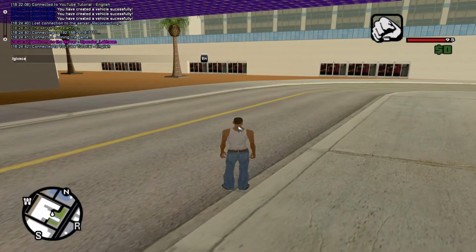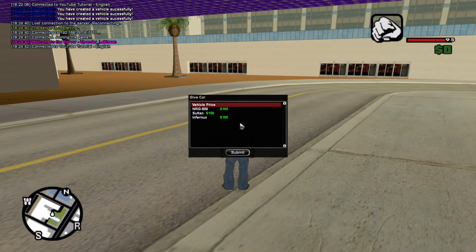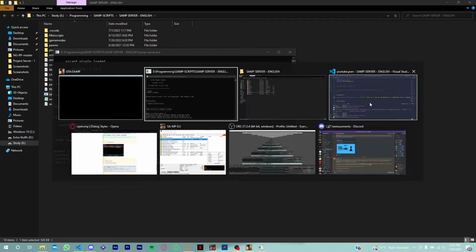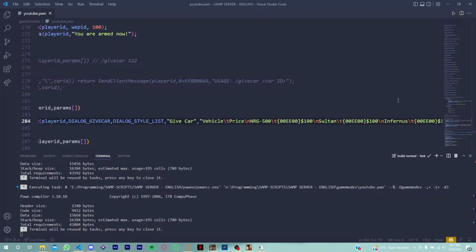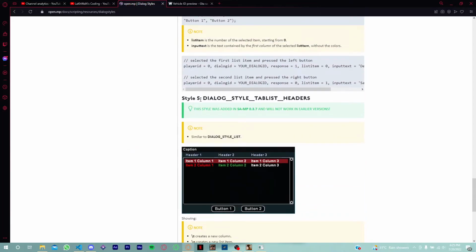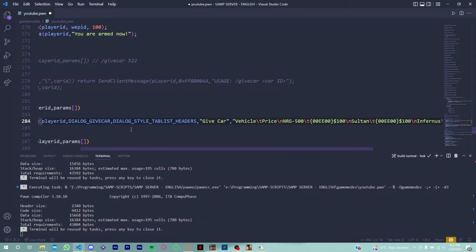Let's write give car, and okay, you notice that the vehicle color and everything is fine, but what's wrong here is I forgot to change the dialog style list. This is the dialog style tab list header. So we just write tab list header, and then compile it,